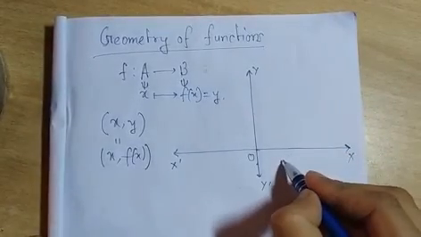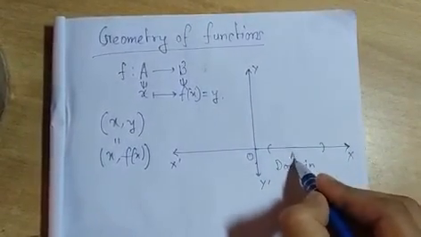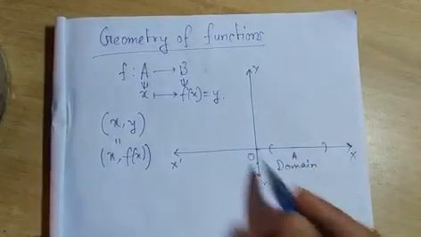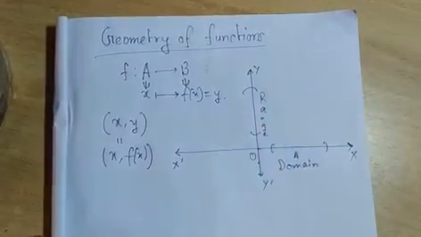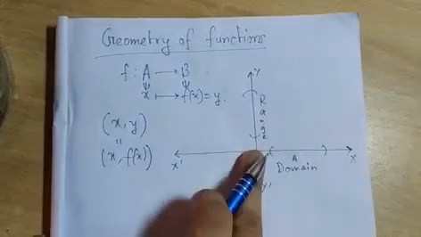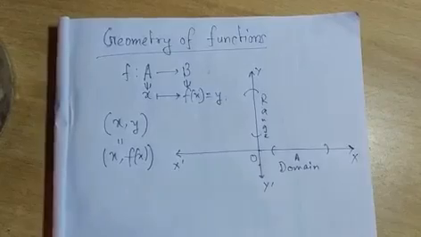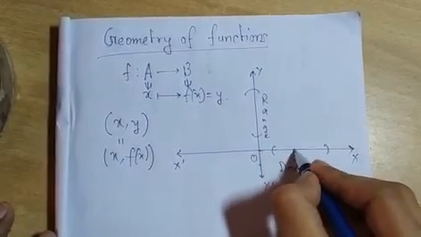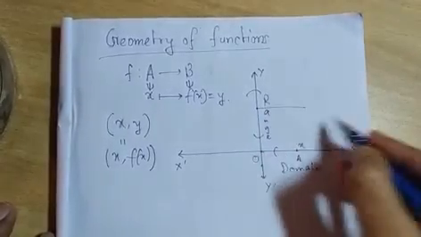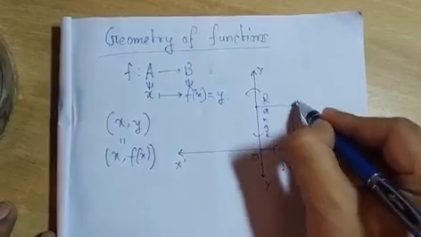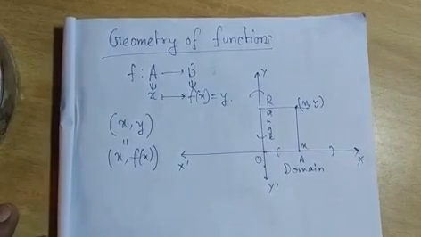So we can say that the domain is some subset of this x-axis. Say this is A, and the codomain will be some subset of the y-axis, that is the range. The codomain will be the whole y-axis and the range will be some subpart of this codomain or the y-axis. So according to that, if we take x in the set A and y in the set B, the intersection of these two lines will be the point (x, y). According to this, we can plot the graph of the function.